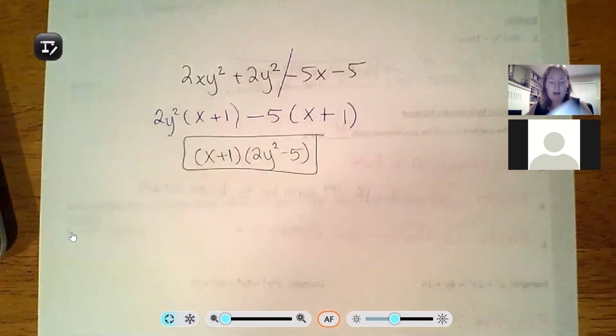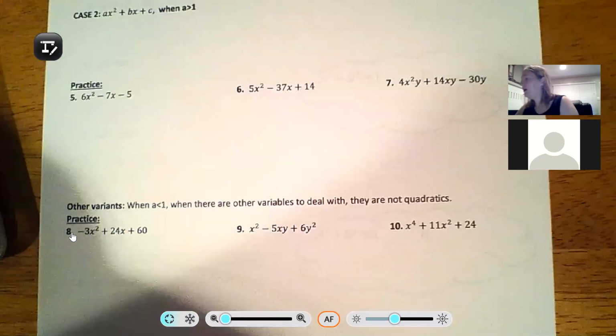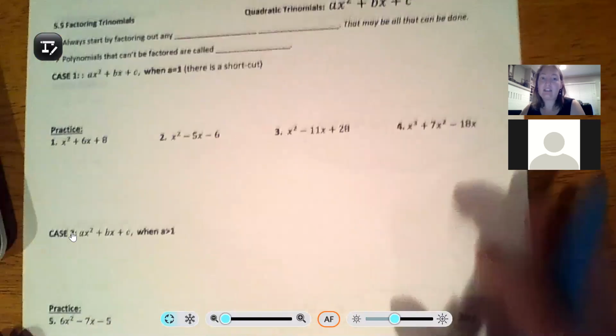All right, so that is 5.4. 5.5 is on all these factoring, and